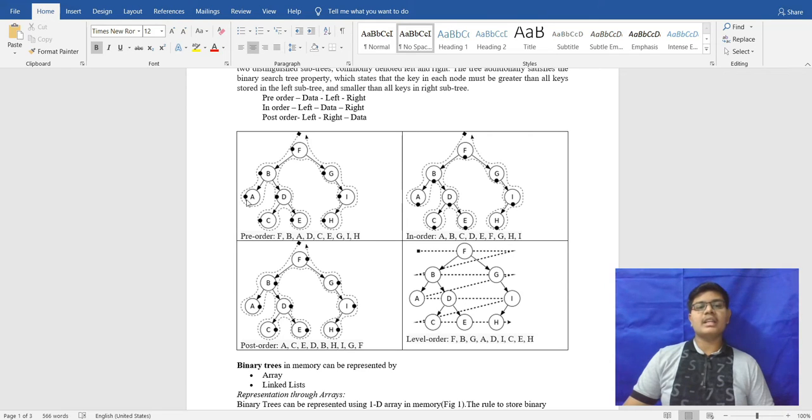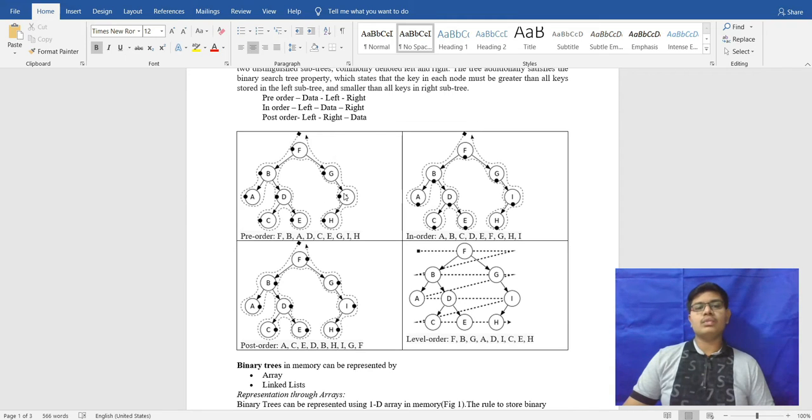Here it will go to the left again because there is a subtree. Then it will go to the left again, here comes A, it will go to the right again, and check. Here is again a subtree, then here it will go C, then right E. Again this part is over, afterwards it will go to the bigger part, that is G.